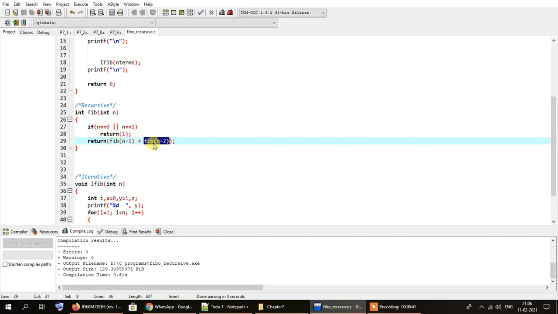So 7 plus 6 gives us the total value, and in the next iteration it will call the next two values, and so on. It will continue until the value of n is either 0 or 1. When the value of n is 0 or 1, it will return the value 1. This completes the cycle, and finally we get all the terms of our Fibonacci series.